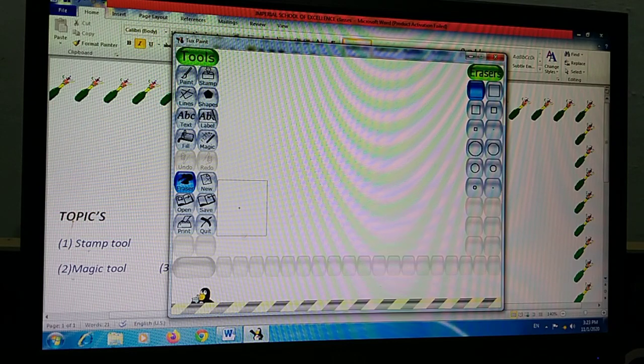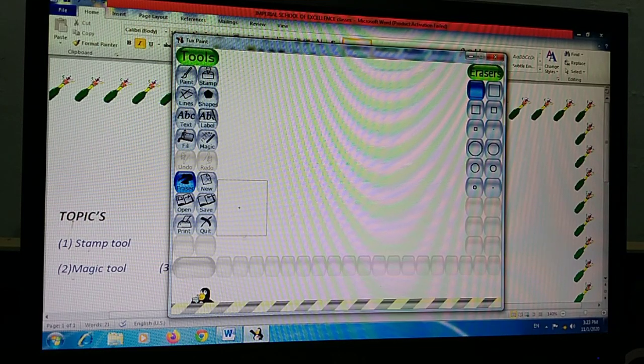You can use this for stories like the lion and the mouse, or the rabbit and the turtle.